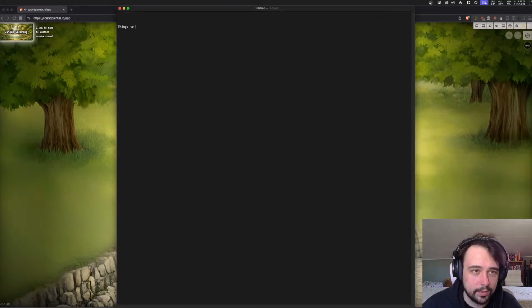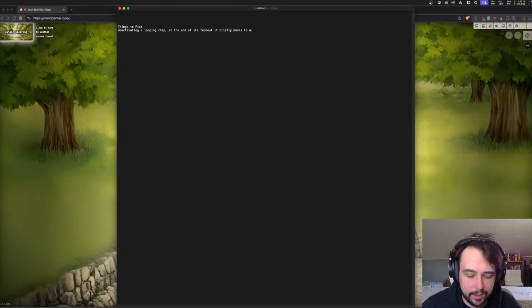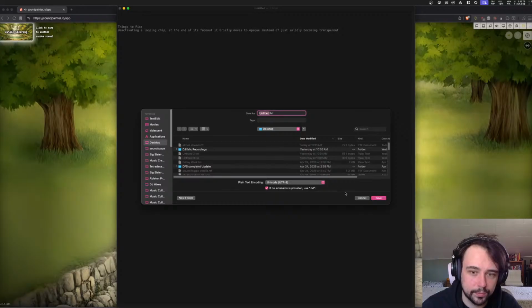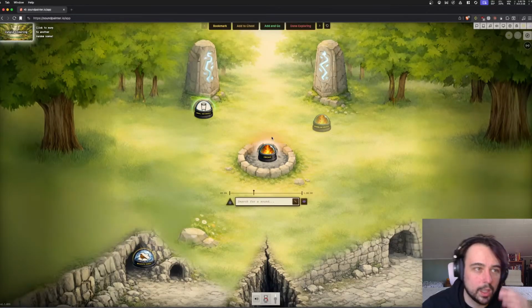Things to fix. Deactivating a looping chip: at the end of its fade out, it briefly moves to opaque instead of just solidly becoming transparent. Cool. Alright,